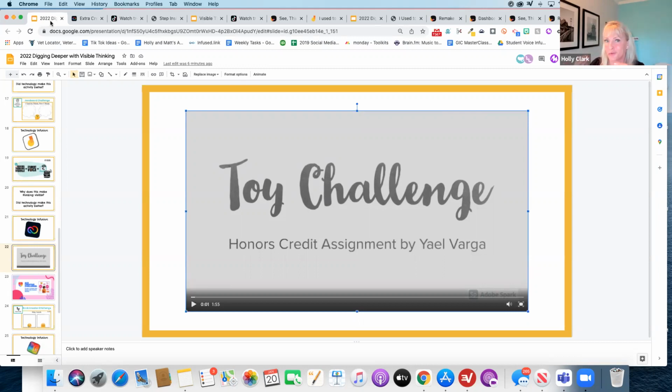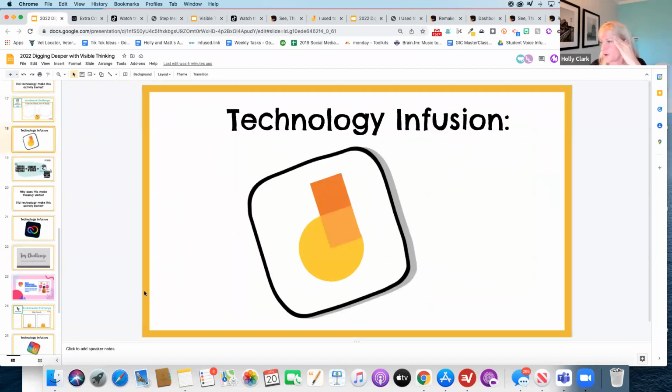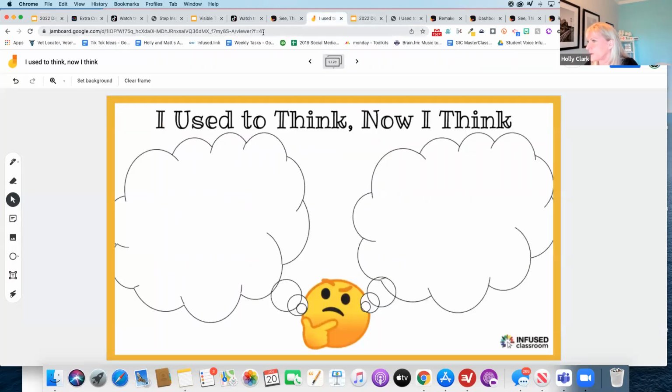No, but I'm just going to go through it really quickly, just in case you're training teachers and you want to see another way. If we go back up to slide 17. So if we were going to do another visible thinking activity, what other kind of technology could we infuse with it? With this one, I did a Jamboard, and I'm just going to put the Jamboard right here, just to give you guys an idea. Because you obviously know how to use Jamboard, I just want to talk about the why behind Jamboard for this rather than